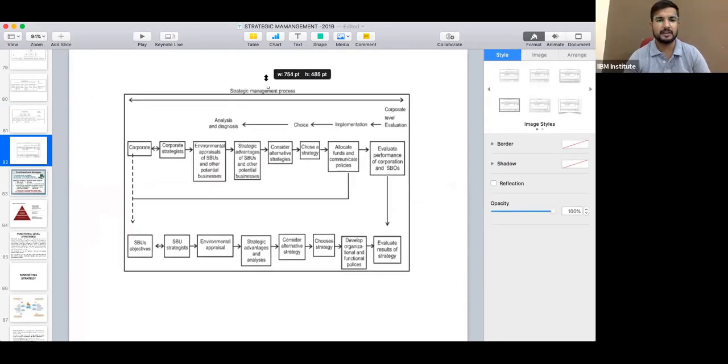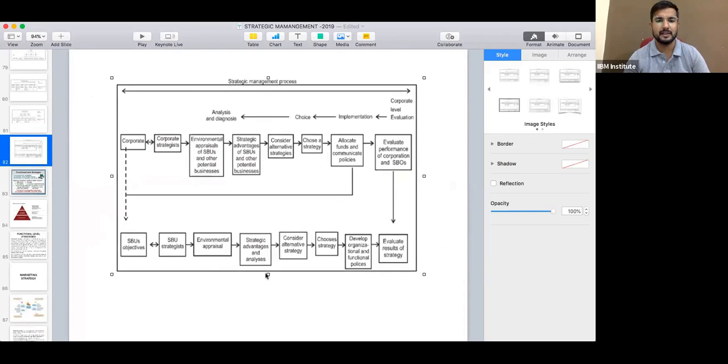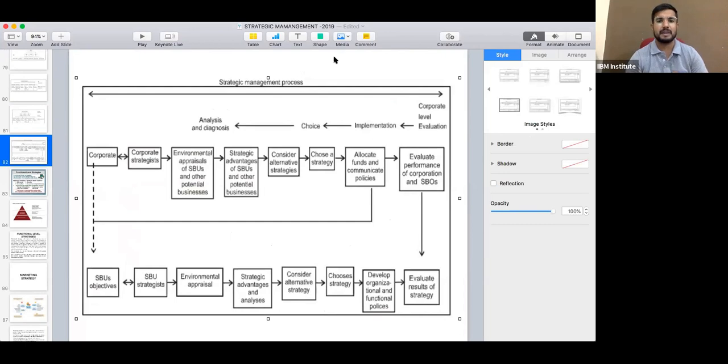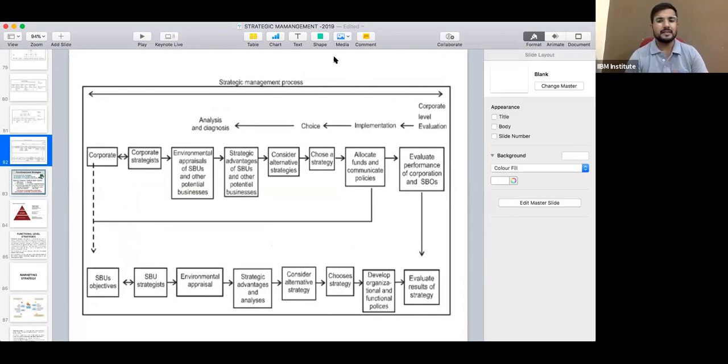Next one, we have strategic management process. I think that we already covered it in the previous sessions as well. Now, the important part in this particular diagram about the strategic management process, you can see that